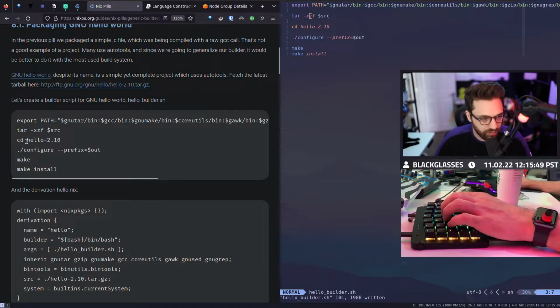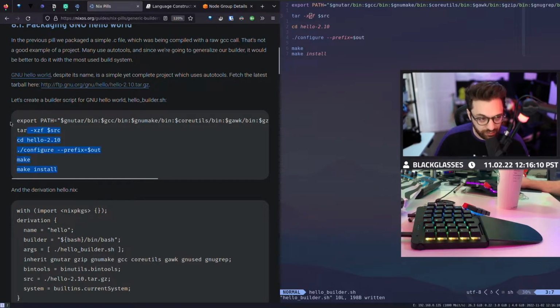We're going to cd into hello 2. Again, this isn't great, because if we needed to cd into hello 2.1.1, then this build would break effectively. But that's why I'm explaining that this is just an interface. This is just a shell script that can build any type of software, and it's up to you to define this, right? And so that's what we did.